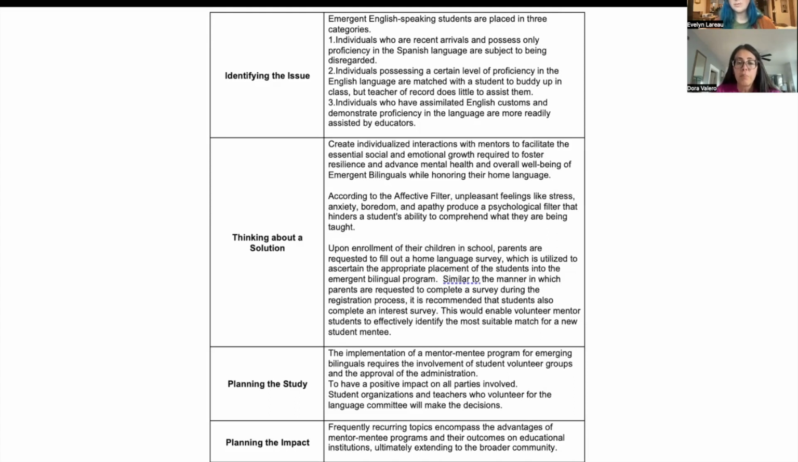So when we're planning the study, the implementation of a mentor-mentee program for emerging bilinguals requires the involvement of student volunteer groups and the approval of administration to have a positive impact on all parties involved. Student organizations and teachers who volunteer for the language committee will make the decision. So it's a two-part again, students and teachers, and planning the impact. Frequently reoccurring topics encompass the advantages of mentor-mentee programs and their outcomes on educational institutions, ultimately extending to the broader